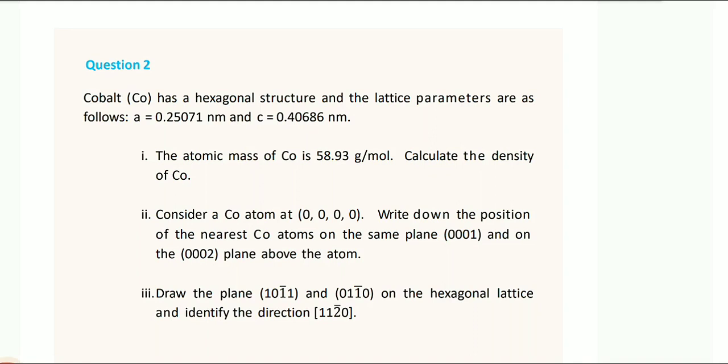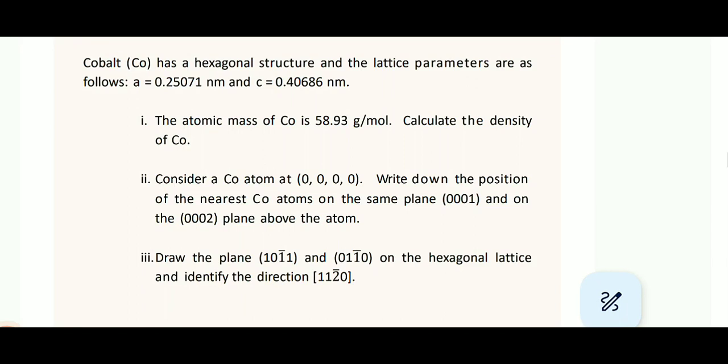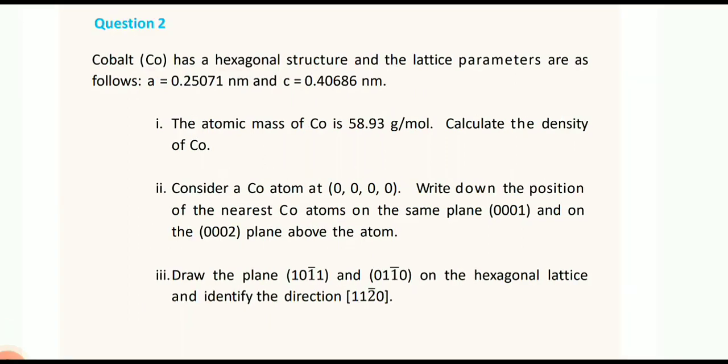So the part 2 says cobalt has a hexagonal structure. First of all, we'll read the first statement, which says that it has a hexagonal structure and its lattice parameters are given. In part 2 it says consider a cobalt atom at origin, 0 0 0 0, this is a point at origin. Write down the positions of the nearest cobalt atoms on the same plane 0001